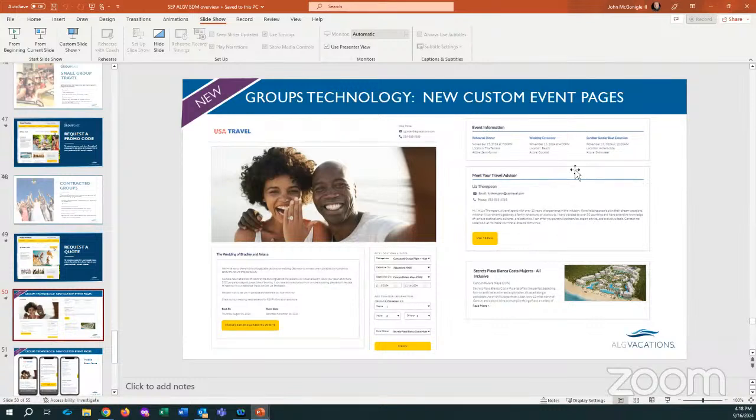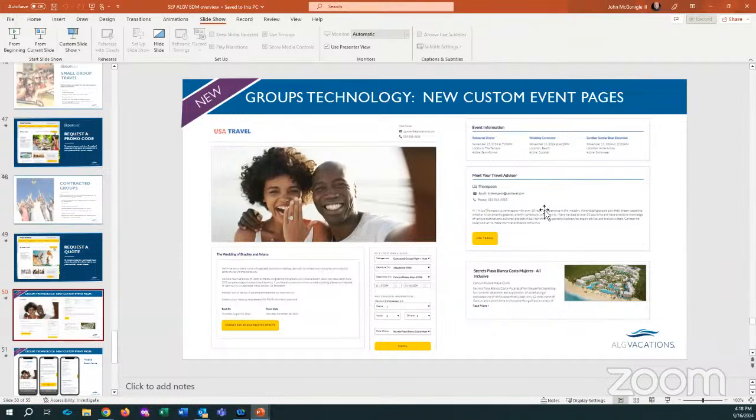Maybe there's a beach volleyball game the day before the wedding, whatever information the guests wish to share, pictures of themselves, and most importantly, meet your travel advisor. This becomes a marketing piece for you yourself, as well as Mommy and We Travels. That when those guests come back from the trip and they say, we had a great time. Who was that Bradley and Ariana used for the wedding? I think I want to ask them about our next vacation. Boom, boom, boom. It's right here.